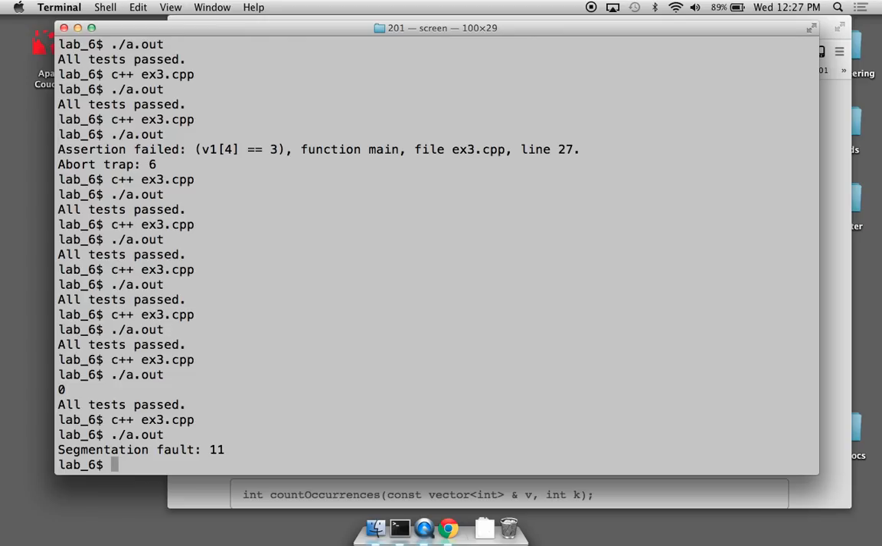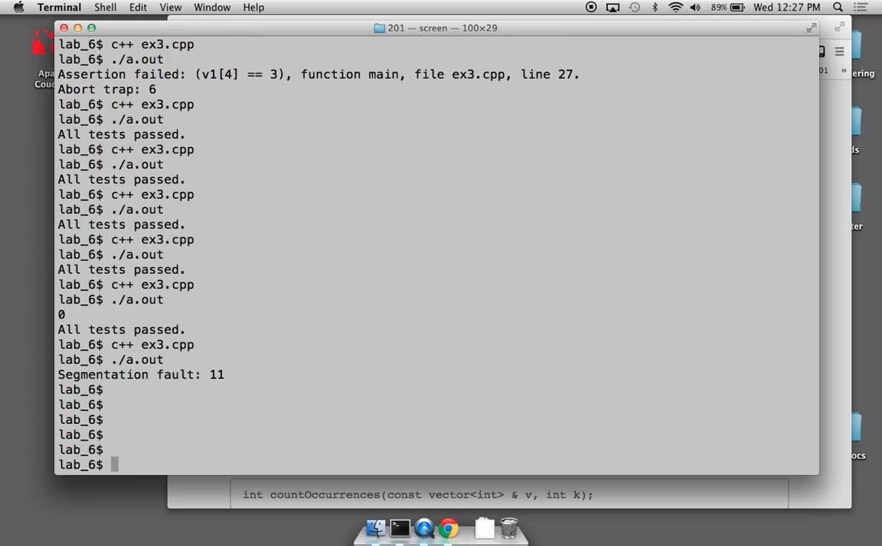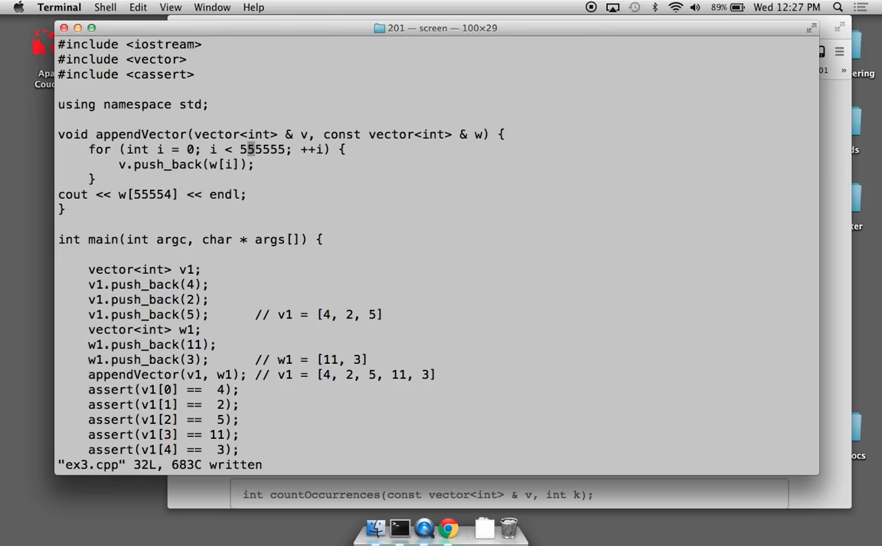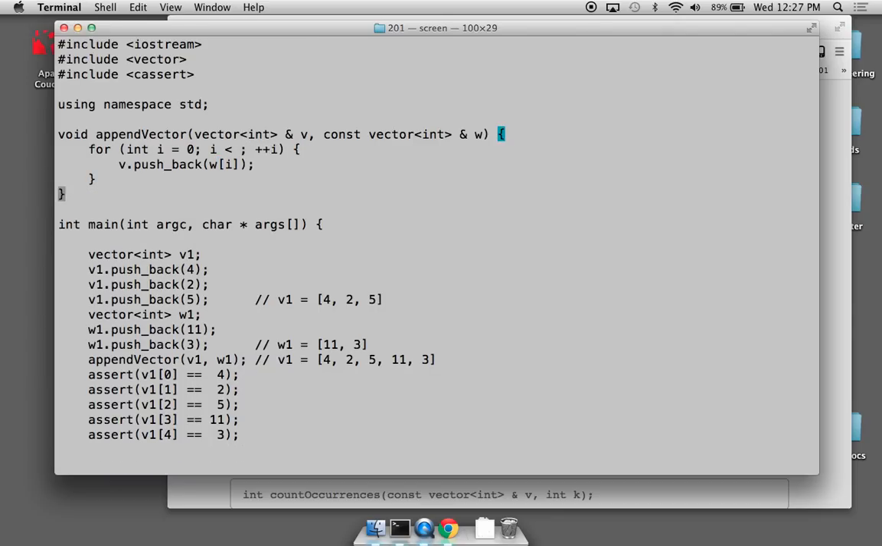It's a memory error. So we're addressing memory that's outside of the legal range of memory that the process is allowed to access. So anyway, it's not 5, and although I can't show that it's not correct,